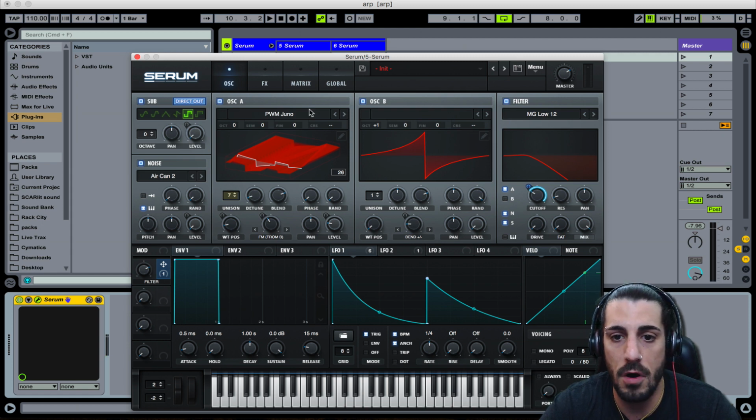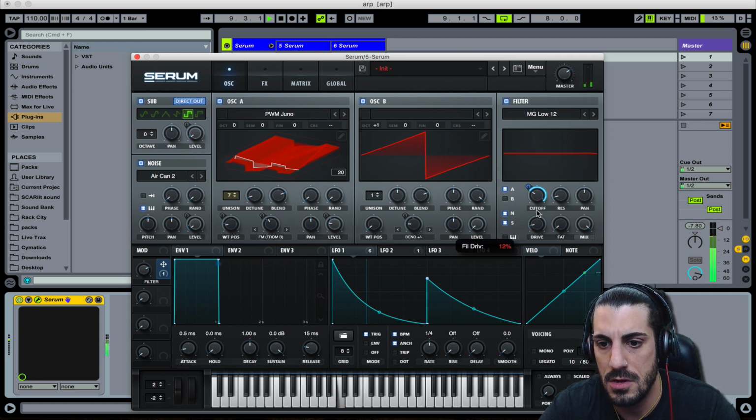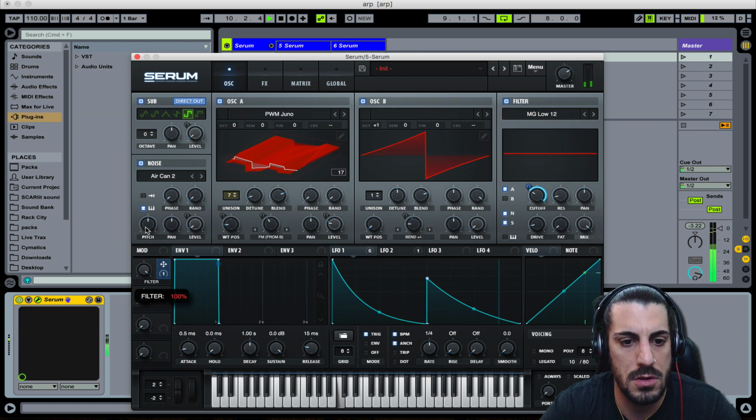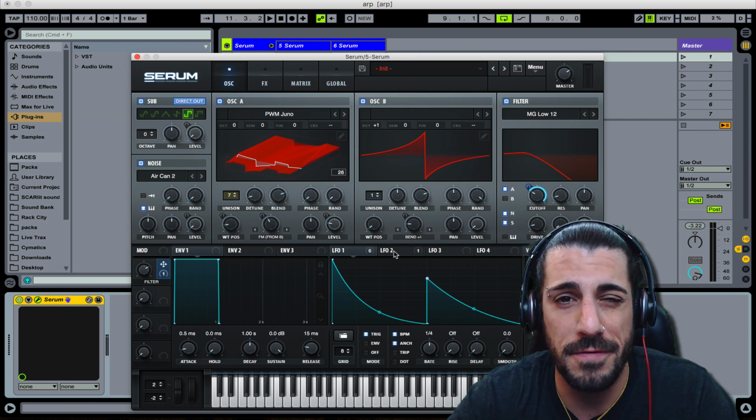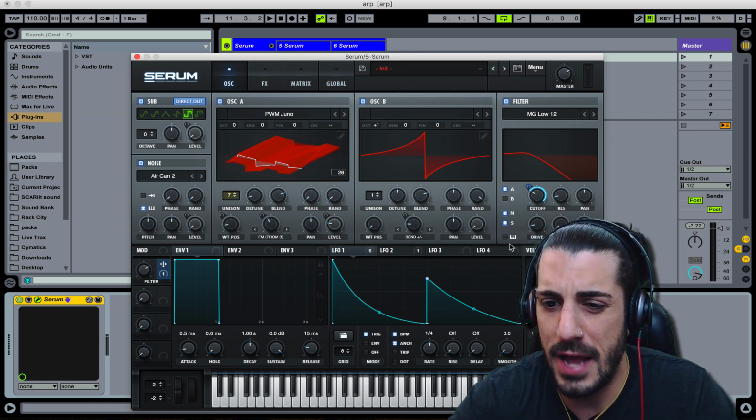And all of our oscillators that are being played are going through it. Let's give it a little bit of drive, since we are taking away some of the sound. Love that. Okay, so before we move on to the fun part, I've got two little housekeeping things I want